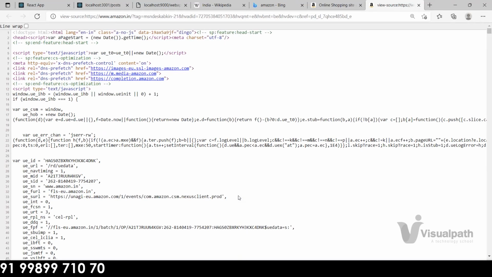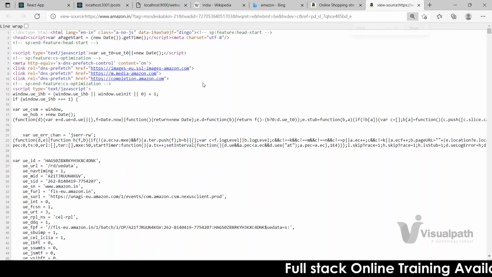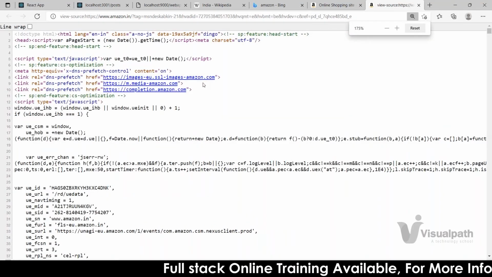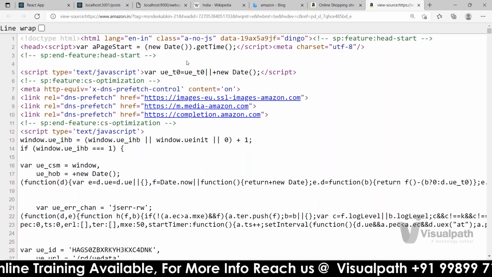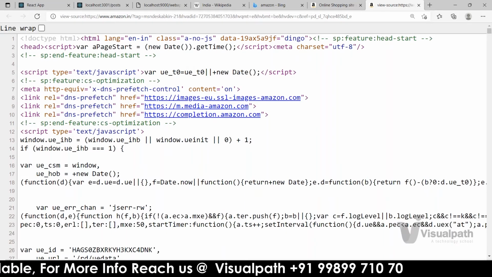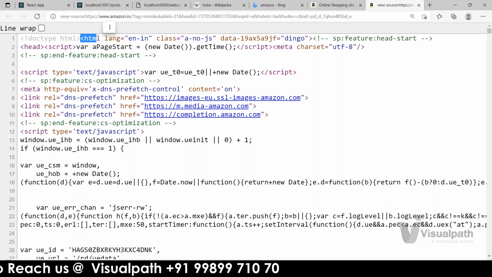If you look at line number 1, you can see something like HTML there.